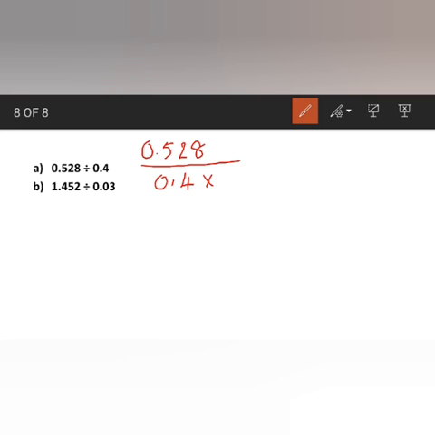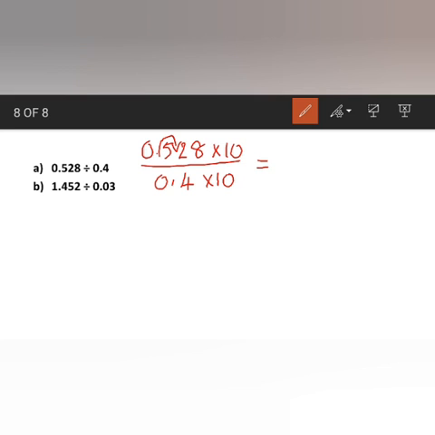So when we are multiplying the divisor with 10, we also have to make sure we multiply the dividend by 10. So we will multiply both the dividend and the divisor by 10. When we are multiplying a decimal number by 10, we have to move right. The decimal point will be shifted to right by 1 place. So the decimal point will be between 5 and 2.